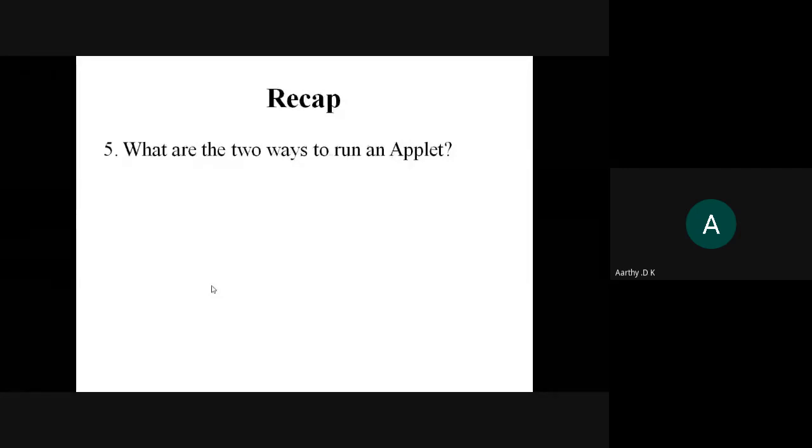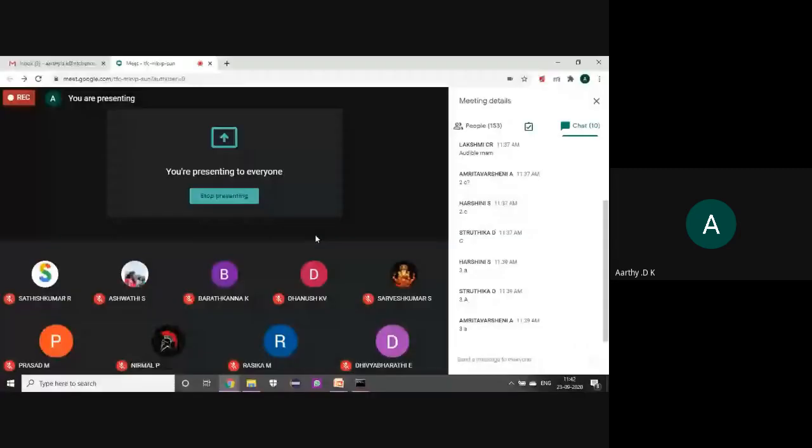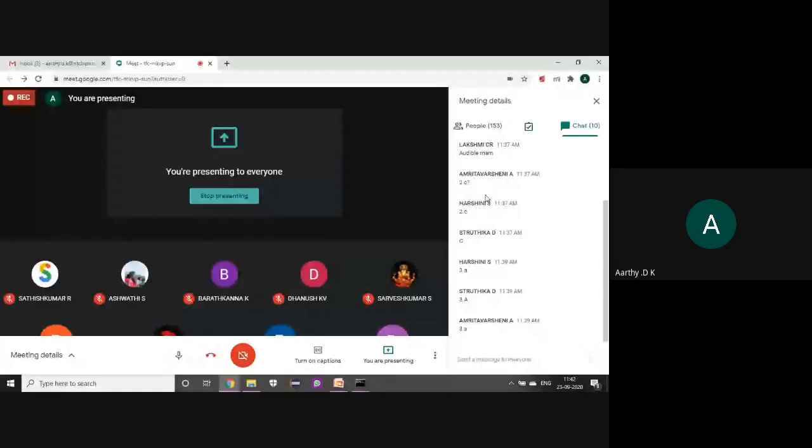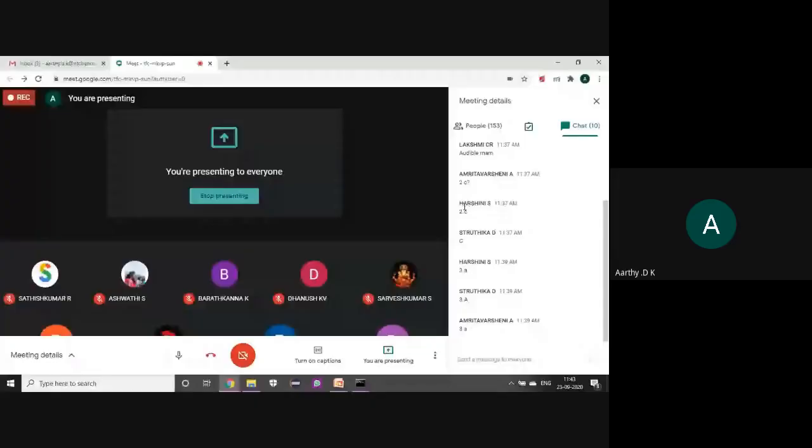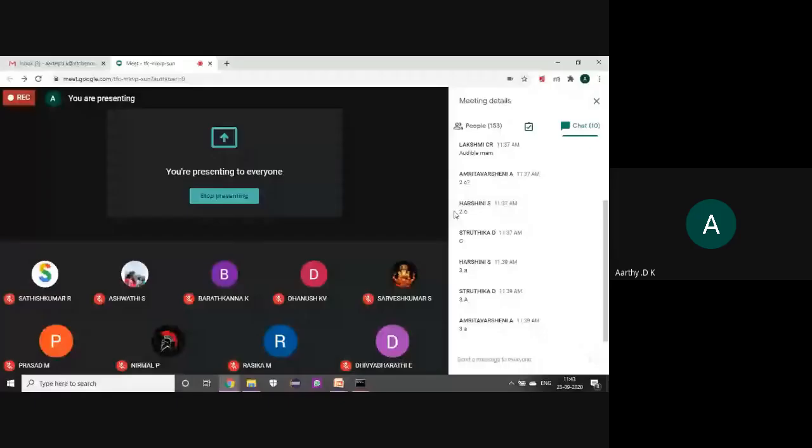So next one, what are the two ways in which you can run an applet? So this we saw last class. So you have two ways. What are the two ways by which you can run an applet? I need answers from you. At least name one method by which you can run the applet. I told you a tool, right? We have a tool, using that we run the applet. I showed you the example also. So what is that tool we are using, and what is the other way in which you can run your applet? Students, give me some response.